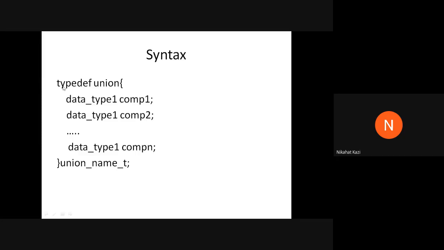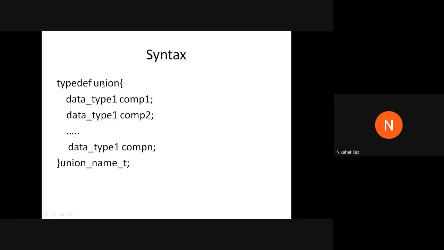The syntax is, again, you use a typedef keyword. This is optional. You can directly use union name like you did for structures, but this makes naming the variables easier. You do not have to use the word union again.